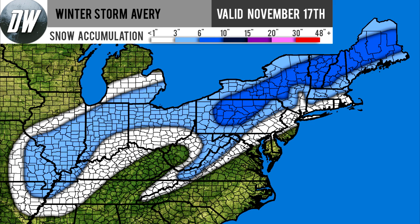And then we have that 6 to 10 inch area. Now that's going to take over the State College area of Pennsylvania. And that's going to move all the way up into the central upstate New York area. And it's going to move through and take over most of Vermont, though I think it'll kind of cut it in half, though I have a more low resolution forecast right now. I think we'll lower the radius of this area a bit as we move on to the next forecast, but it's going to set up somewhere in here, as well as the western and northern areas of New Hampshire,